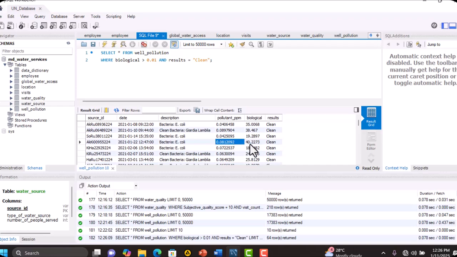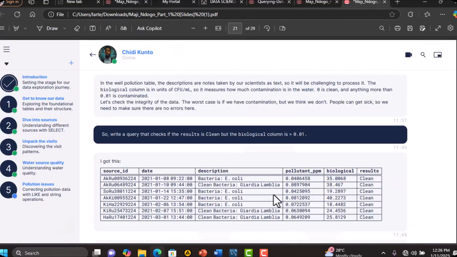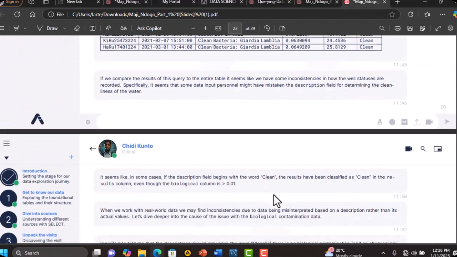So that is it. We don't want this situation where this is written clean when actually it is not clean for usage or clean for drinking. That is exactly what they got here. If you compare the result of this query to the entire table, it seems like we have some inconsistencies in how the well